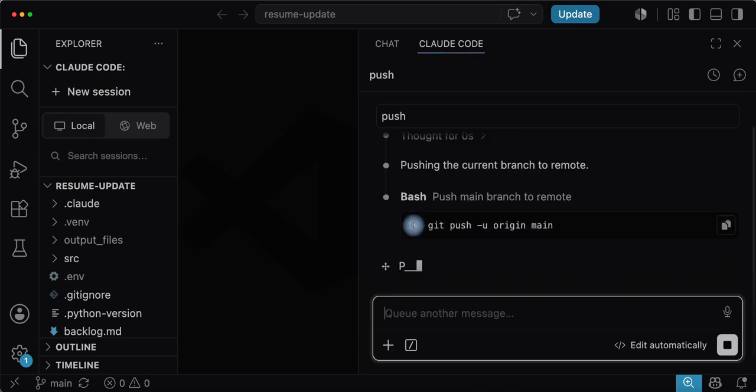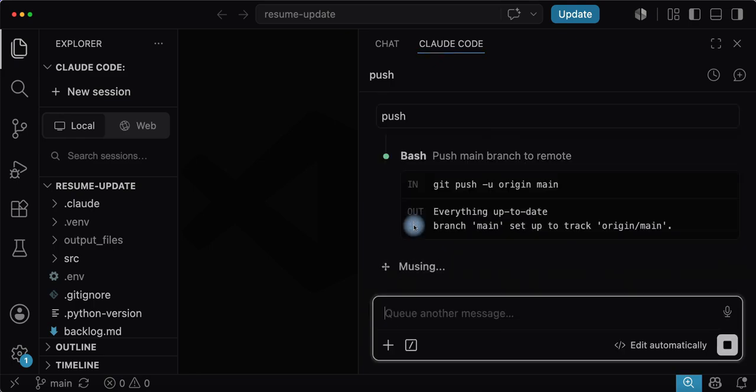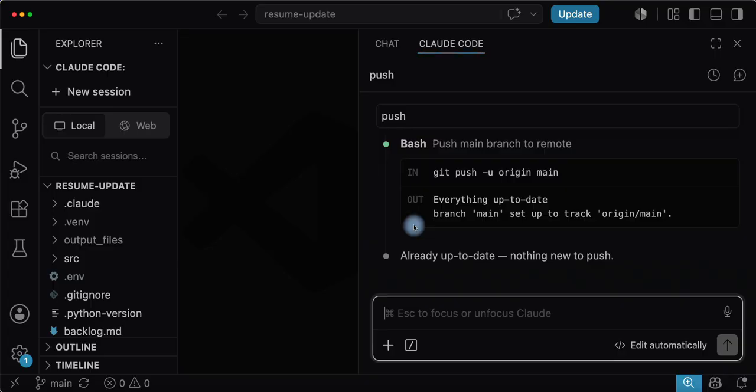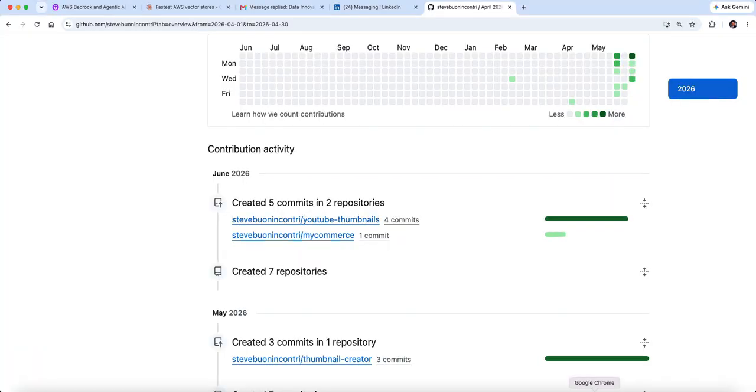Okay, so there's something wrong with my skill. I was supposed to push it. Yeah, it was pushed. There's nothing to push. So going back to my